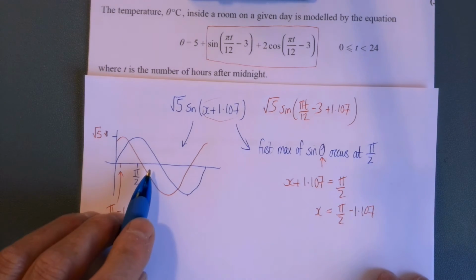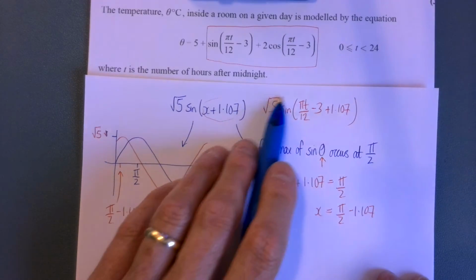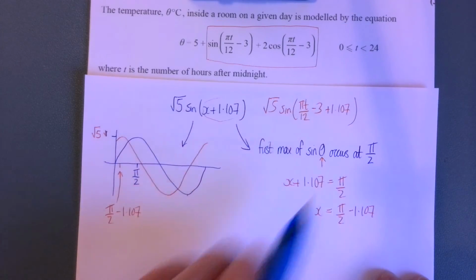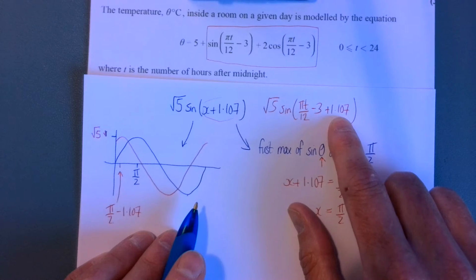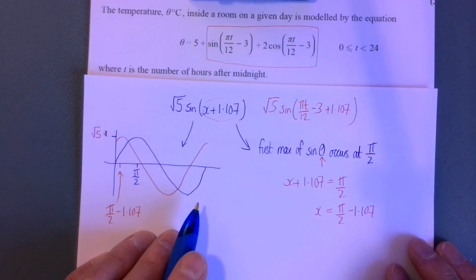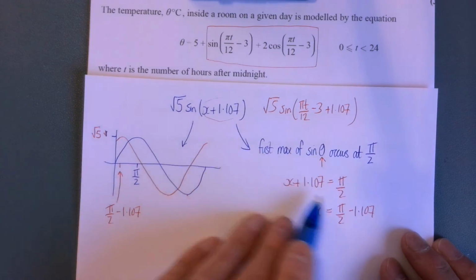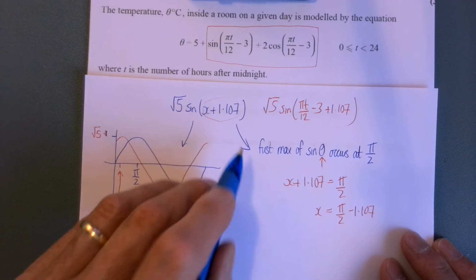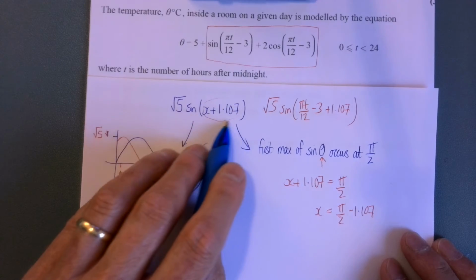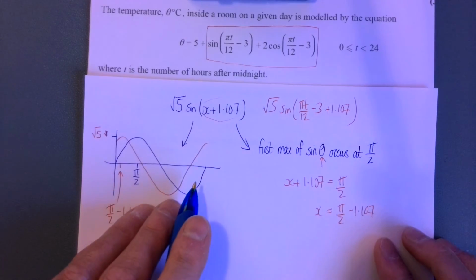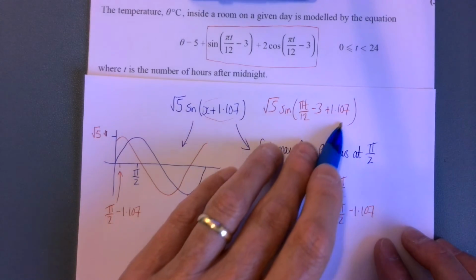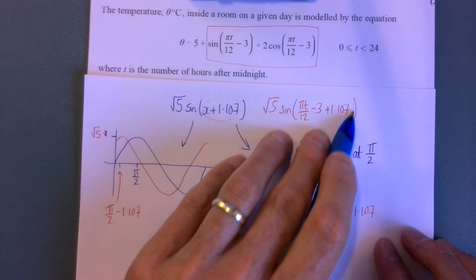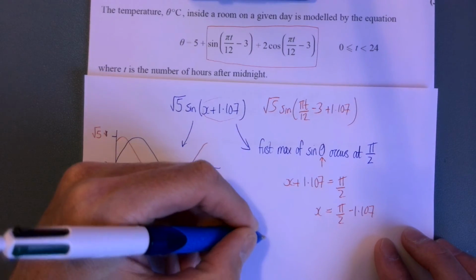Now, using my graph approach, it's really complicated to go from the graph of sine x to this graph here. I mean, minus 3 plus 1.107 you can do. But using the alternative approach, the maximum value of sine first occurs when this thing is equal to pi over 2. So all I need to do is to say, what value of t, when does that equal pi over 2? So we do